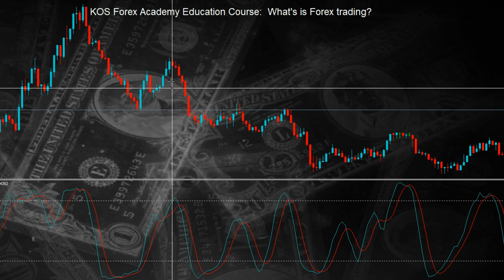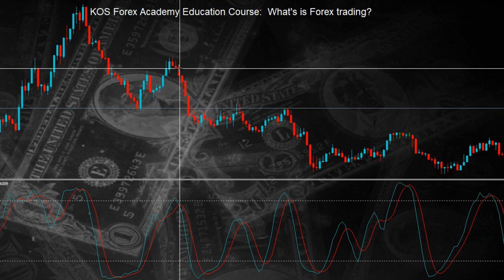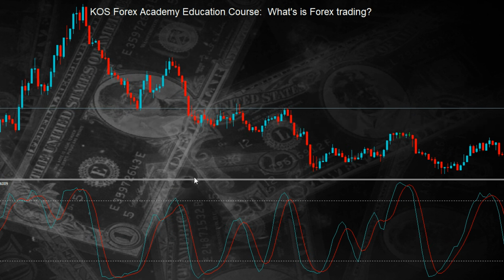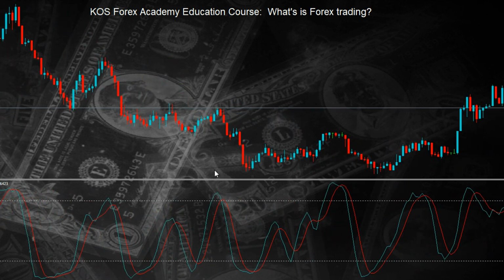It becomes overbought here, price starts to move downwards, and generally speaking this will happen many times throughout the day,